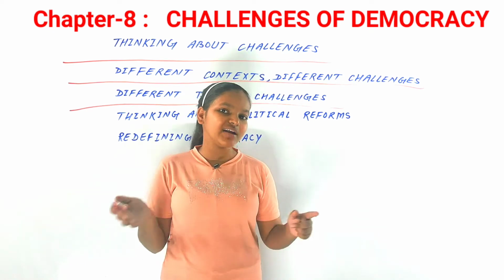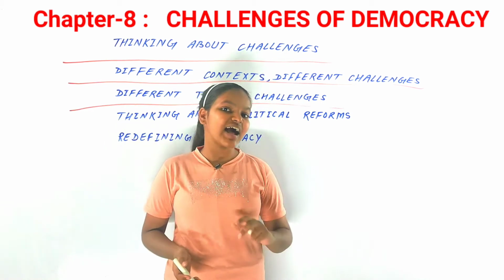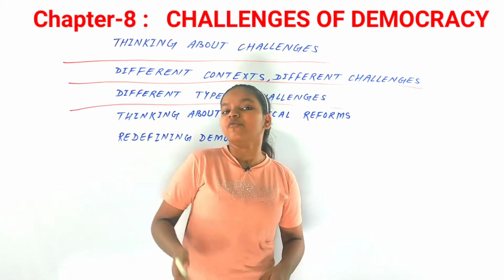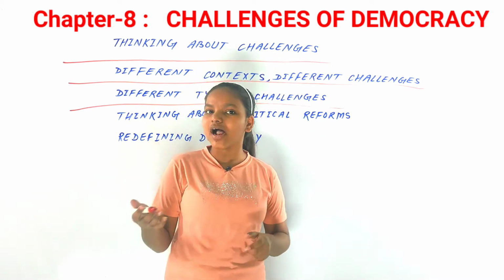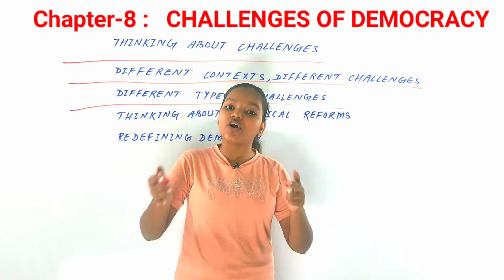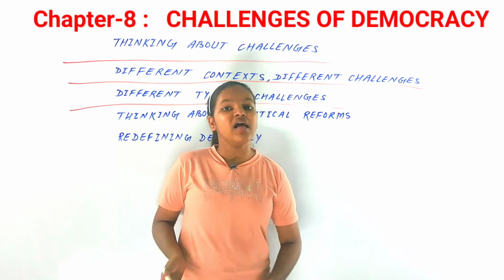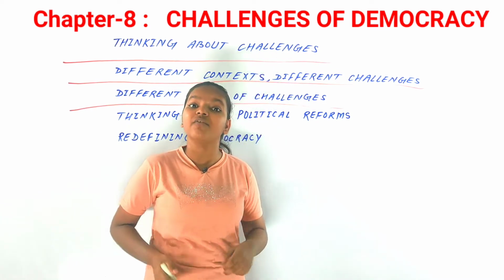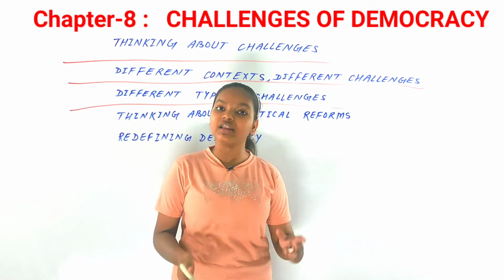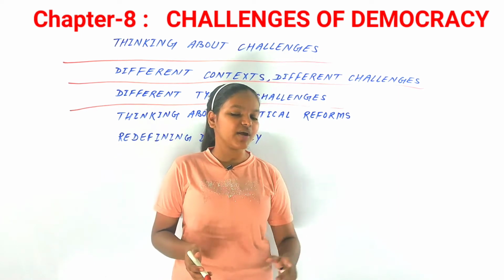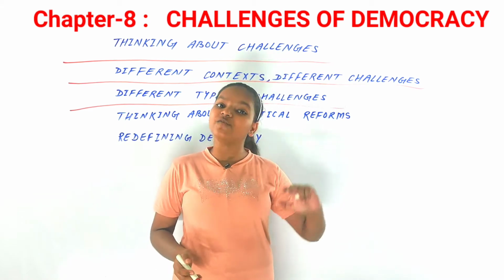Now there can be different types of challenges. Those are the major types, but there can be different contexts for different types of challenges. Like for China, we discussed that the Communist Party holds all the power in electoral politics, and even though it is adopting economic reforms, it still has a monopoly over many companies. And there can be different types of challenges like the working of institutions, elections, federalism or decentralization, or political reforms and political participation. So these are some of the challenges that can be there for different countries.